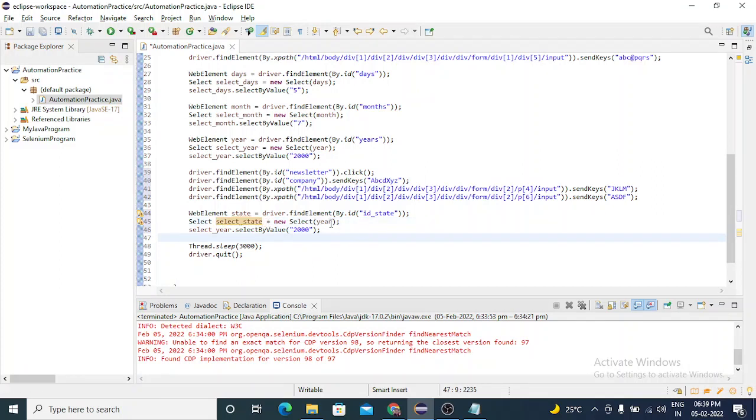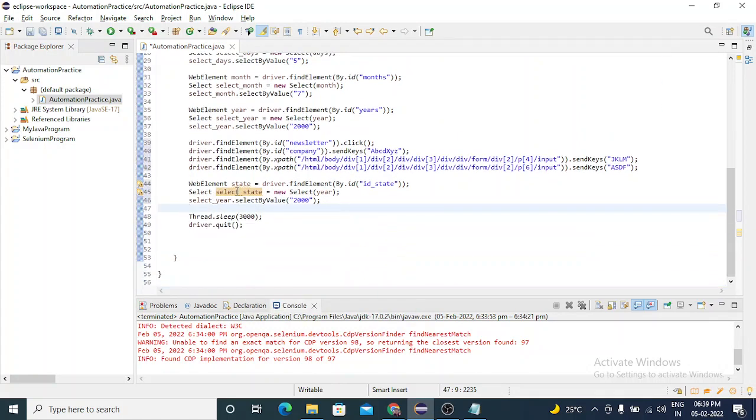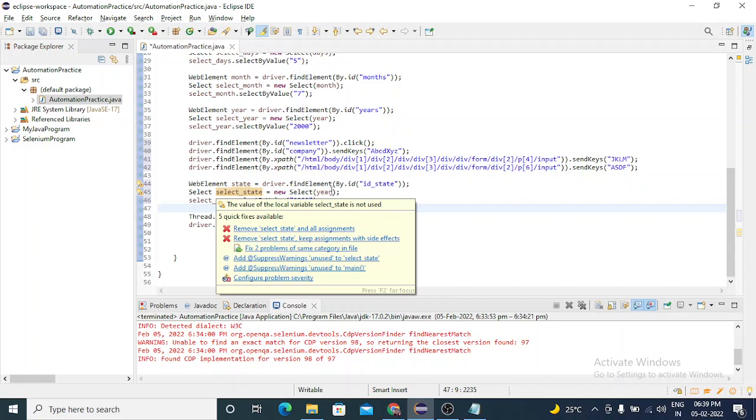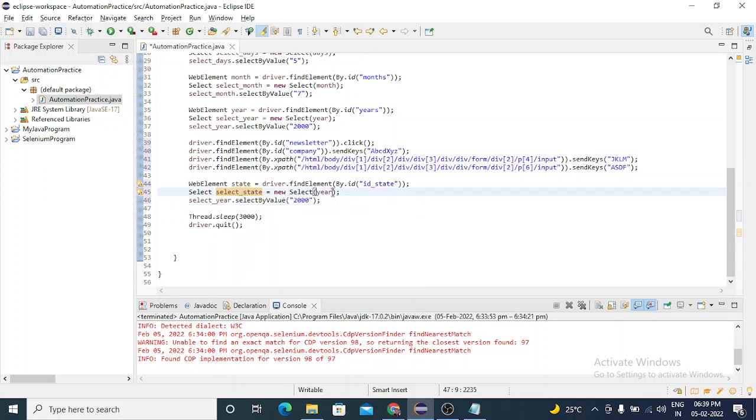You just need to remember, to identify any element in the program, you need to give a naming convention kind of thing. So you can give your name like select state or select or s, any of the name.